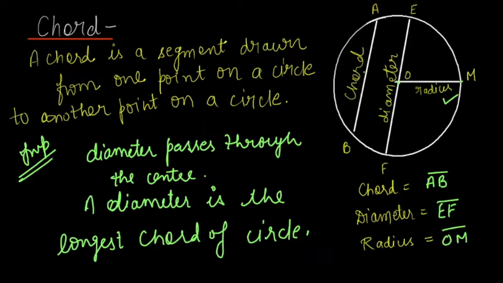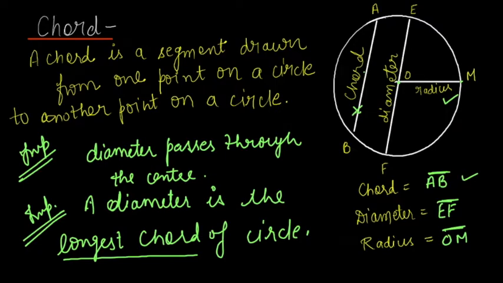Why can a chord not be a diameter? Because the chord does not pass through the center. Okay, so this is a very important point. I am again writing it here as important: a diameter is the longest chord of the circle, and a chord cannot be a diameter because it does not pass through the center. Okay, so here we have drawn this flat line on the top of each. Why have we done so? Because these are line segments, and this is the way to represent a line segment.